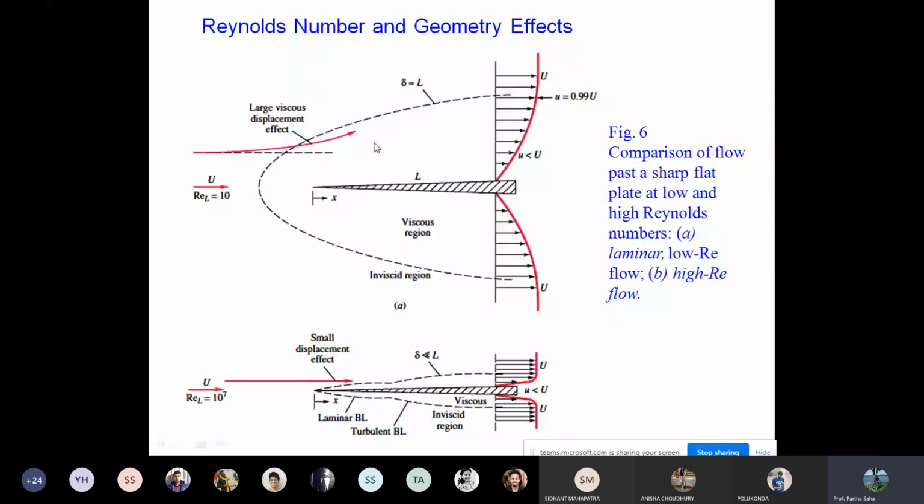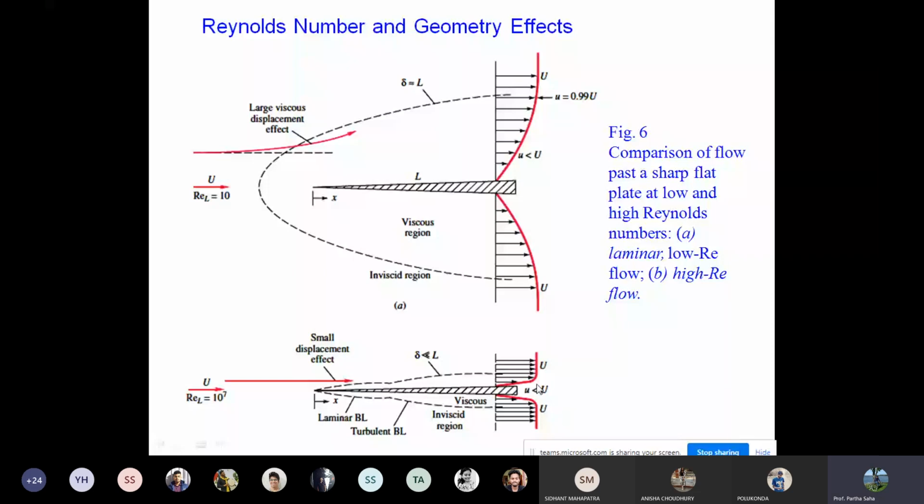But in case of very high Reynolds number, you can see three regions can be easily demarcated: the laminar boundary layer, the turbulent layer, and in between there is a transition region. This viscous layer is very thin, that's how you have to keep it in mind. The velocity profile is also very narrow. Velocity varies over a small distance, so the boundary layer thickness is very small, and then it gradually becomes 99% of the free stream velocity. So let's look into this.